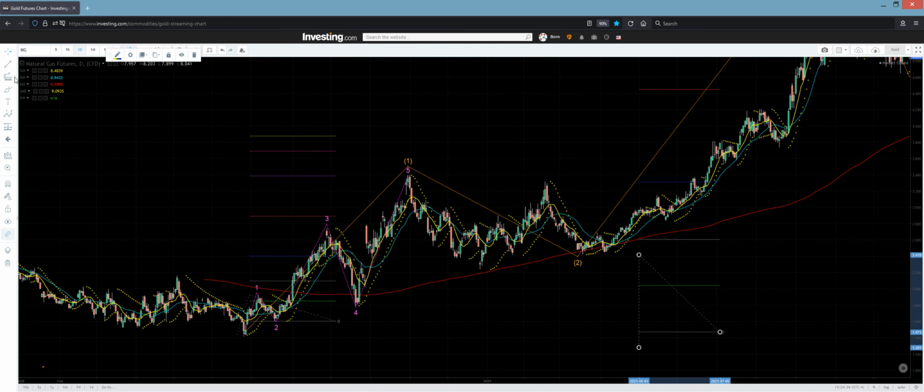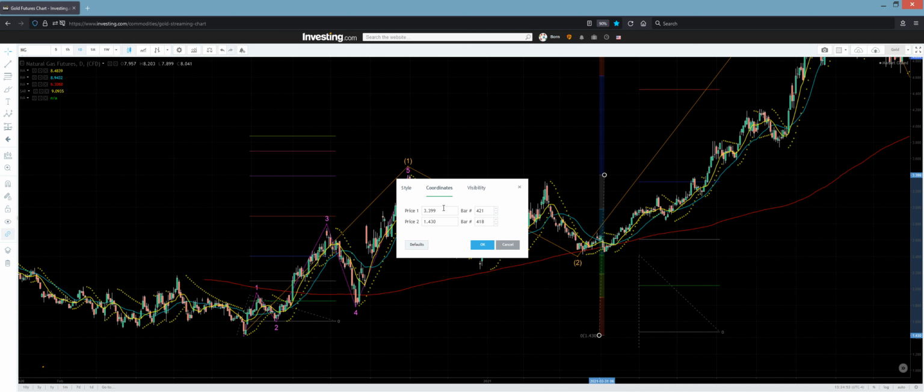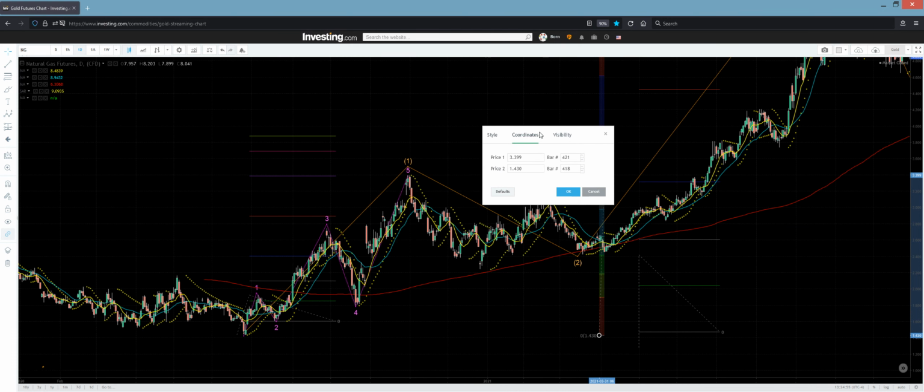We're going to use the Fib retracement tool, and we're going to measure from the top of wave 5 or 1 down to the bottom of wave 1, and we're going to put those numbers in here, which is high 393,